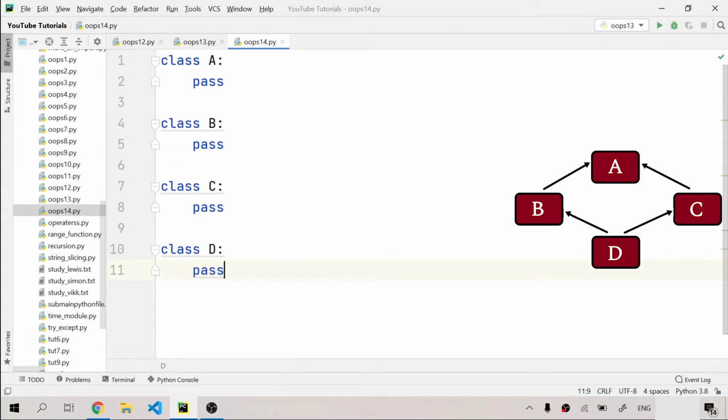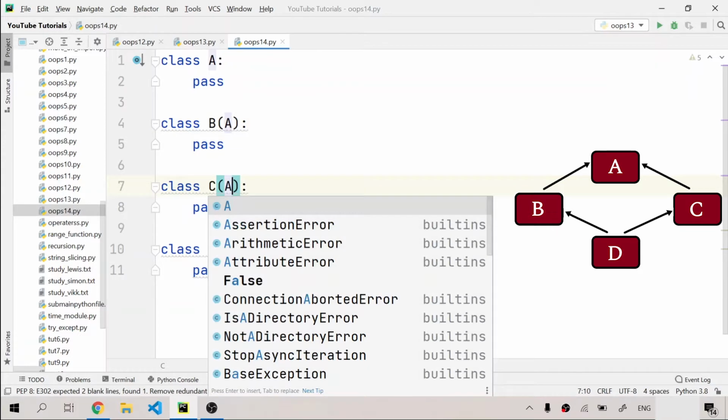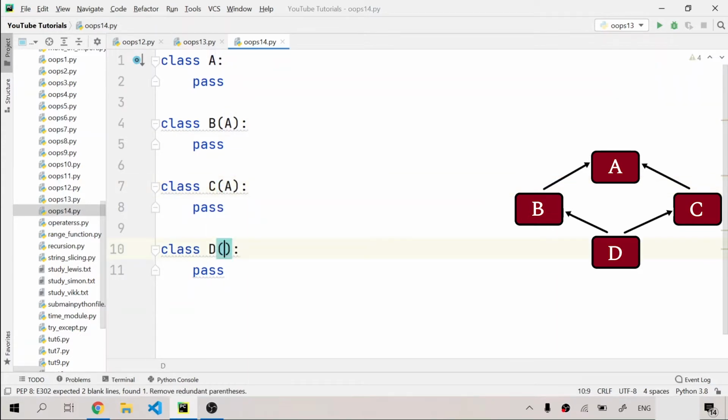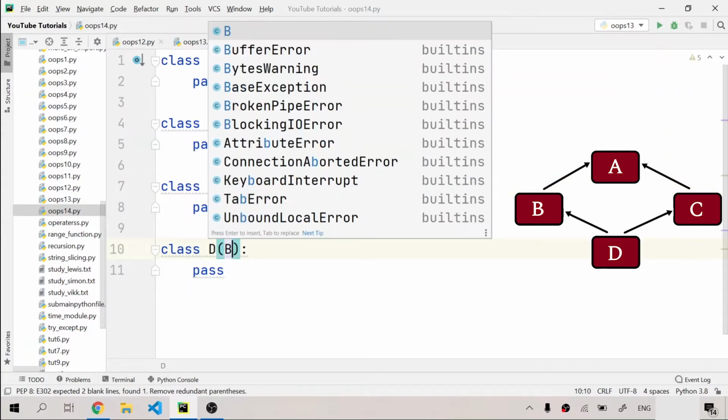So we have made four classes right here, and now we will perform multiple inheritance. We are not inheriting into class A, we are inheriting B with respect to A. So I'm going to write A right here, and in C I'm going to write A, and then in D I am inheriting B and C, so I'm going to write B comma C.